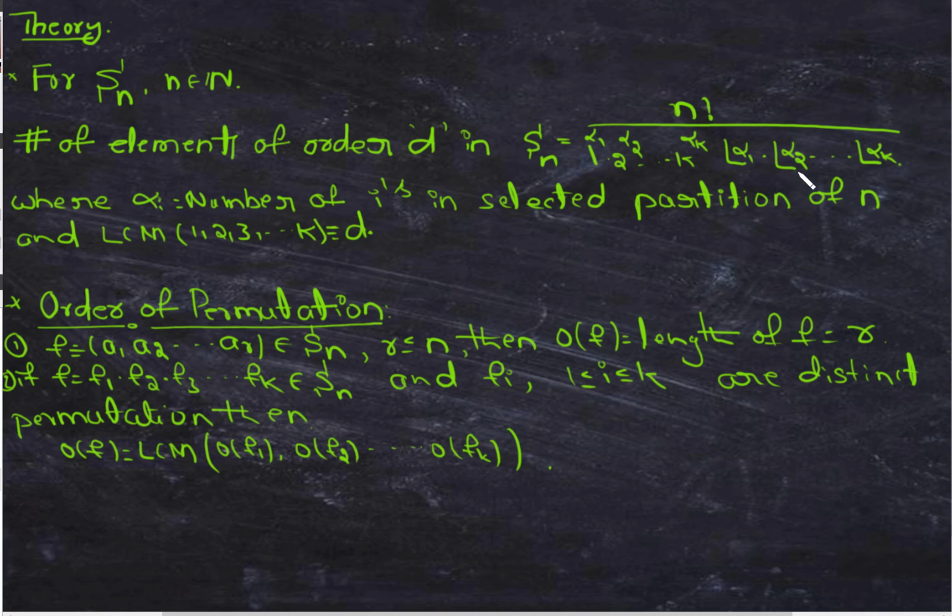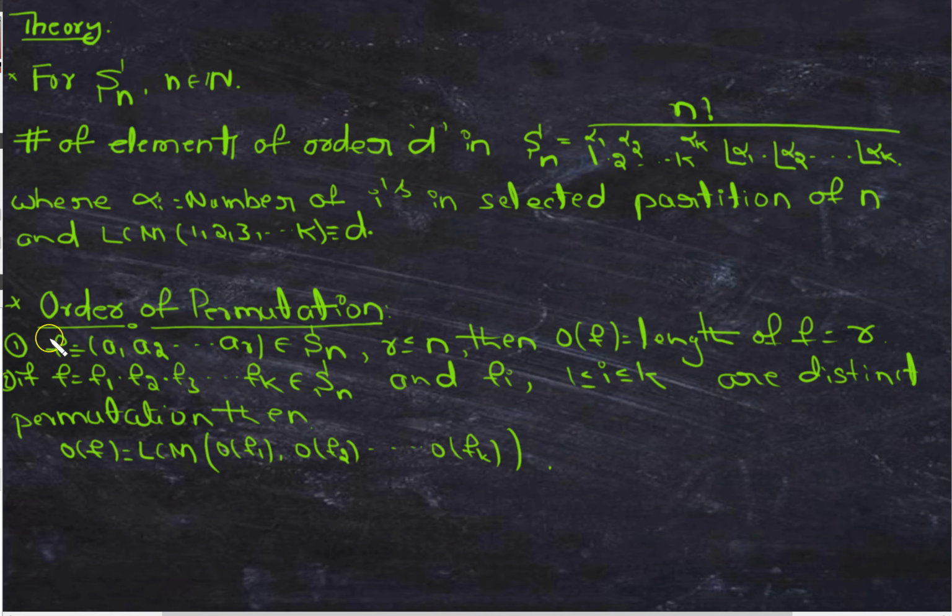This is one method. S3 is a simple group of order 6, but if you take S4, that is a group of order 24, we would first write all 24 elements and afterwards decide, which is a too lengthy process. Therefore we use this formula. But S3 is a simple group, so we can directly write the elements and decide. That is also one of the methods.